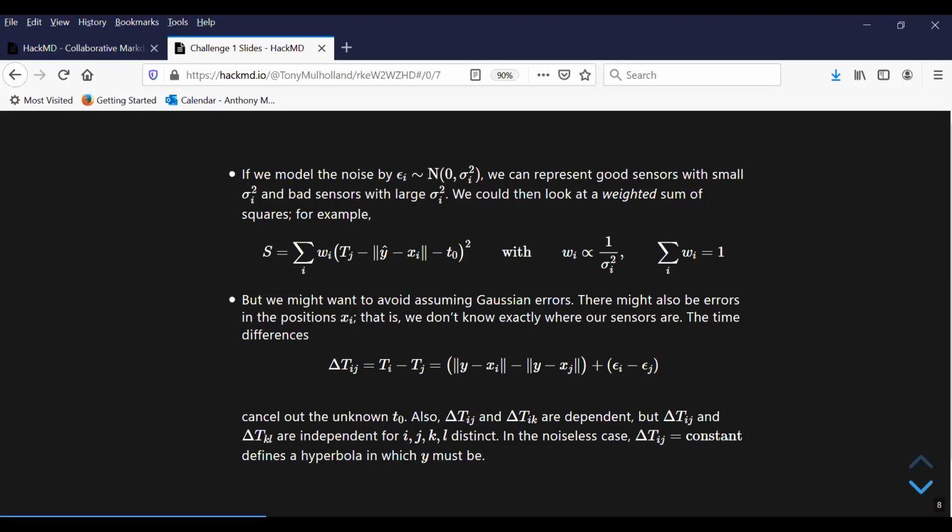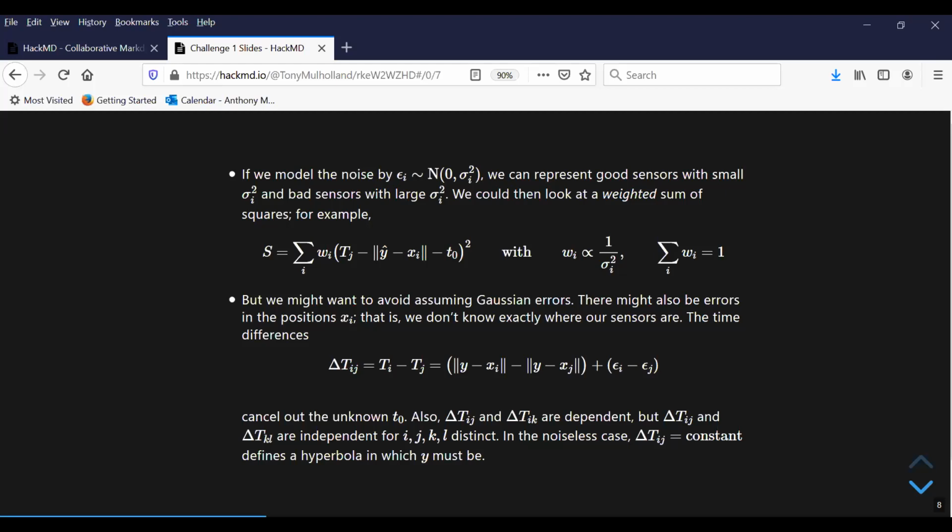Now, one issue is that estimating the time difference of arrival is not done by just calculating the arrival times and working out the difference. Rather, you take the two signals received at the two sensors, and roughly speaking, you cross-correlate them and try to find the lag at which the peak of the cross-correlation occurs. And that will give you some delta t ij, the time difference between the signals at i and j.